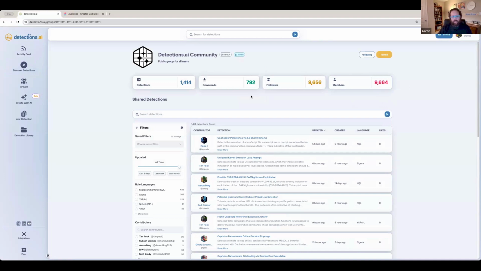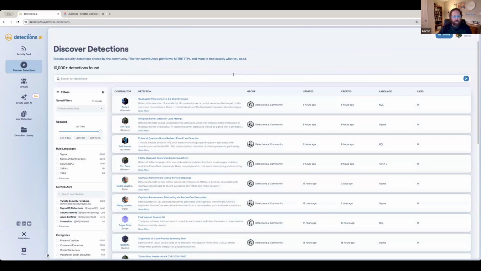A lot of our work and a lot of the people on the site are using cut and paste and library saves. The downloads is literally just exports. There's thousands and thousands of views on top of that. So this is where you can come to see what's going on in the community, how big it is, but also where you'll post, and I'll take you through that here in a second. So this is the main feed. This is where the action's at.